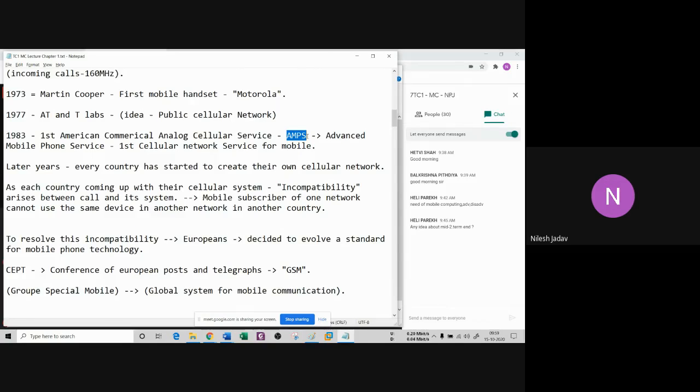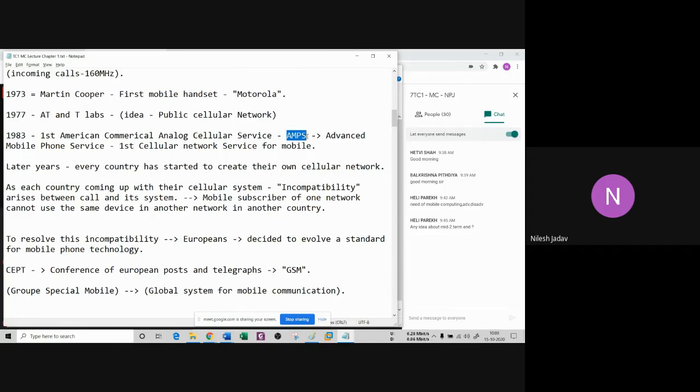So now what will happen is, as each country comes up with their own cellular system, cellular network, such as India and Europe and Japan and China, they are all creating their own cellular networks. So what happens is incompatibility generates. What do you mean by incompatibility? Means